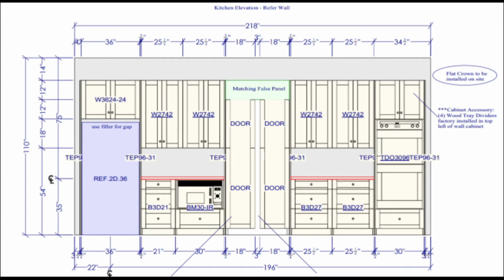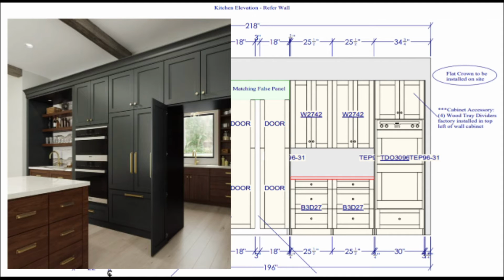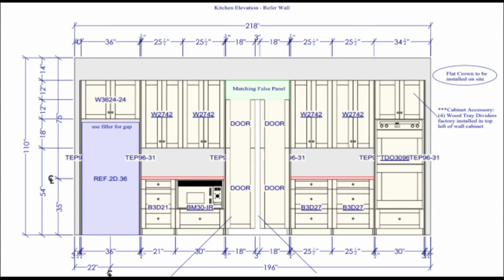Here are some different examples of walk-through pantries. Sometimes you see it as one single door, and sometimes as two individual doors. Things to think about when working on a secret pantry: first of all, the walk space, the walk-through on the front and the back. You want to think about, is that a main walkway? Is that perimeter run going to be a main walkway? It could be. There's also a lot of spacing behind this island, so it doesn't necessarily have to be, but